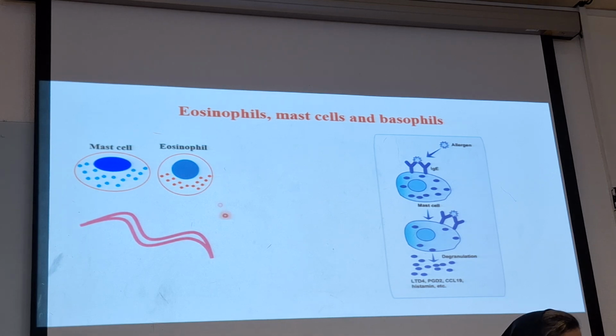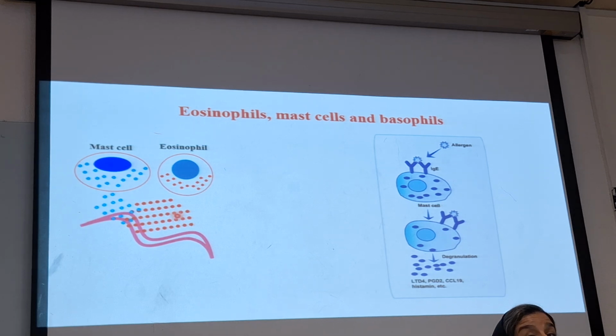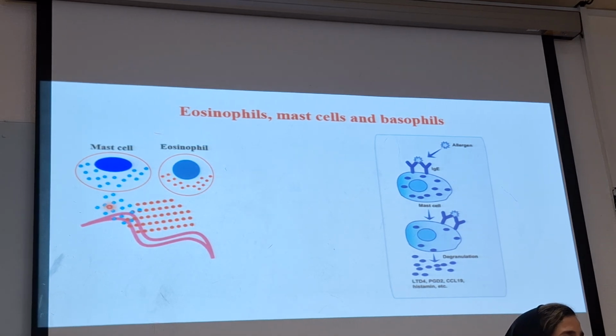You are seeing in this slide defense against helminth parasites: after interleukin-5 is produced by T helper 2 cells, these cells are recruited and degranulated and release all of their granules, which leads to elimination of these target